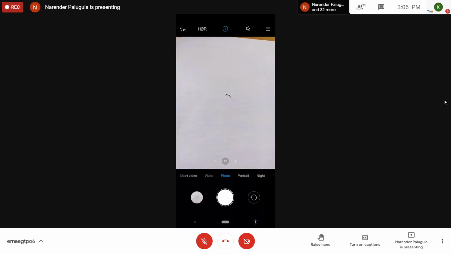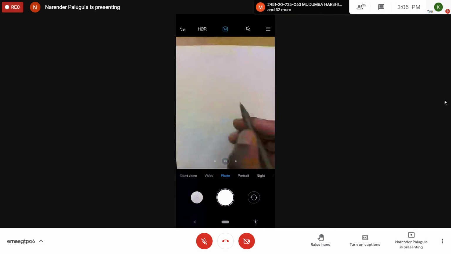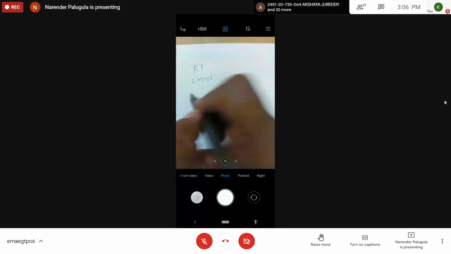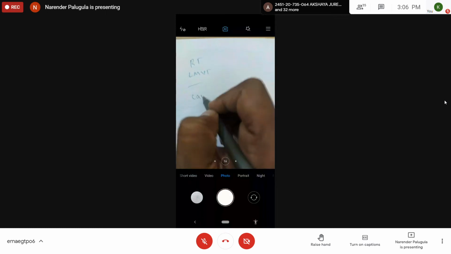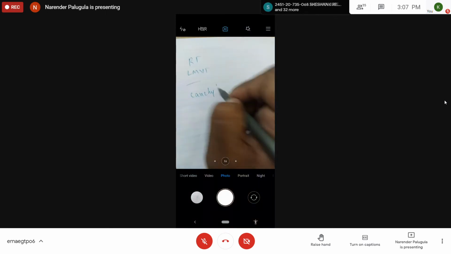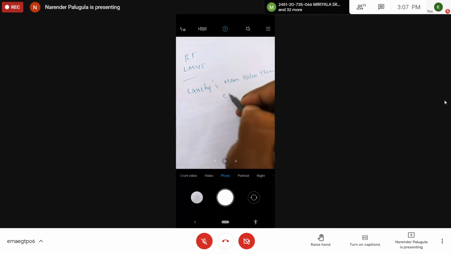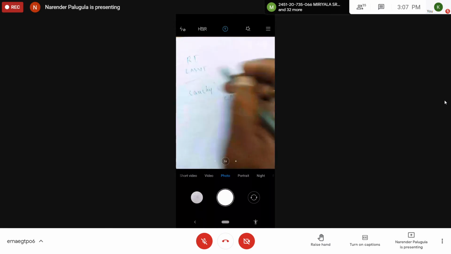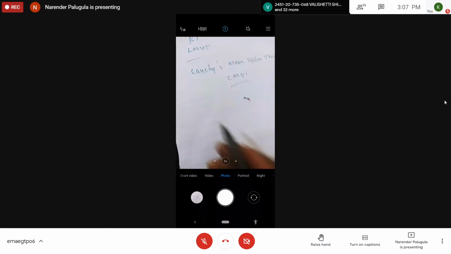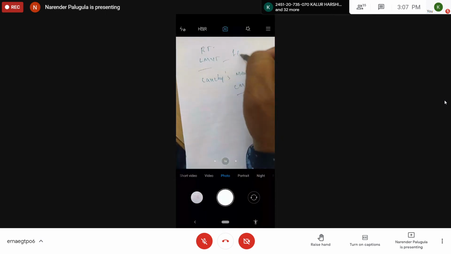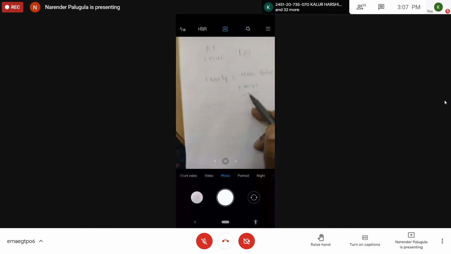Now let us discuss one more important theorem of mean value theorems. Till now we discussed Rolle's theorem and Lagrange's mean value theorem. Now the third theorem, Cauchy's mean value theorem, simply written CMVT. What is the CMVT? These two theorems are only for a single function, but in this theorem, we use two functions.